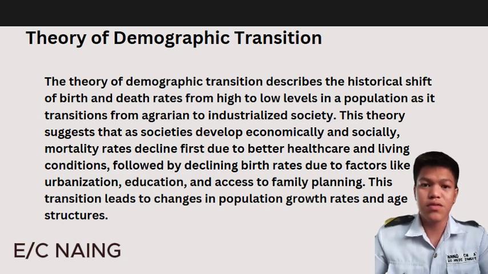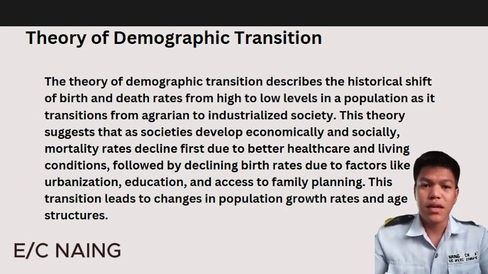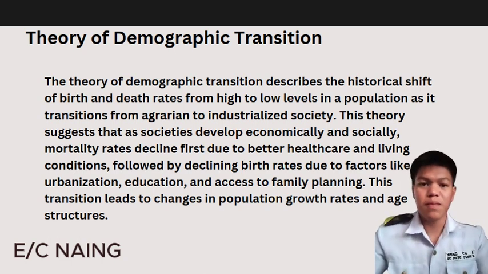There are also four stages in the demographic transition. First is stage 1, the high stationary, which is the pre-industrial level. The other one is stage 2, the early expanding, which is industrializing. Stage 3 is late expanding, industrialized, and stage 4 is slow stationary, that is the post-industrial. Now I will explain the effects of demographic transition on the global population.